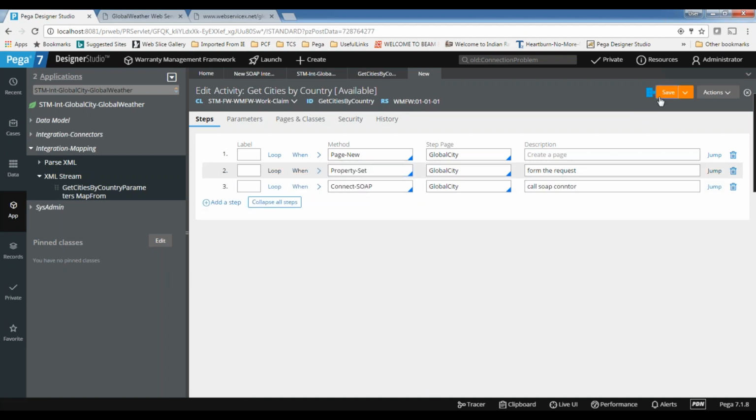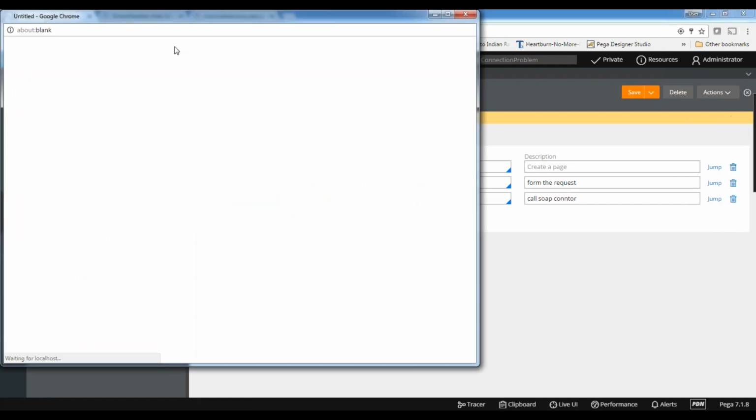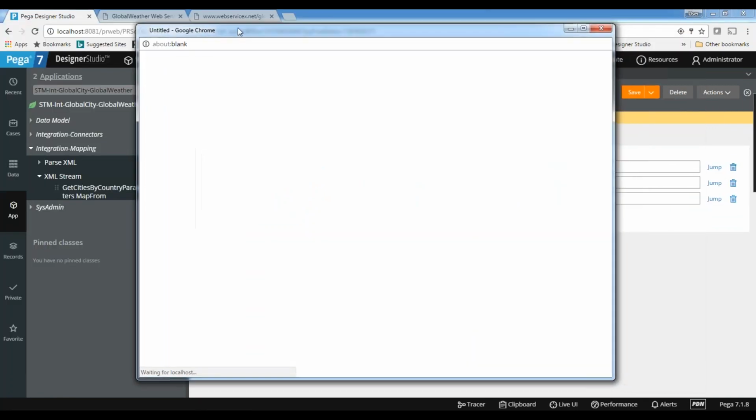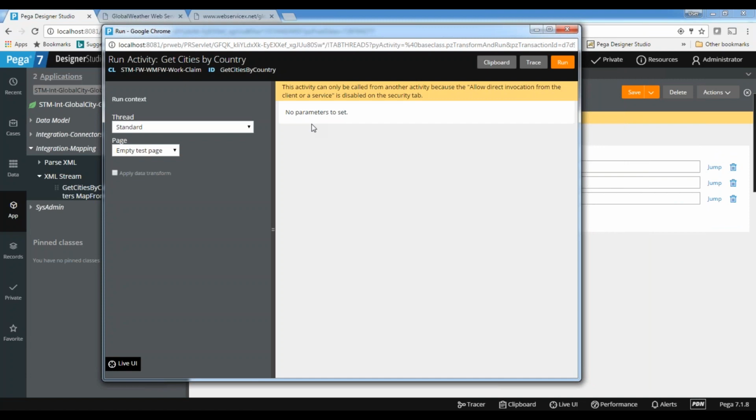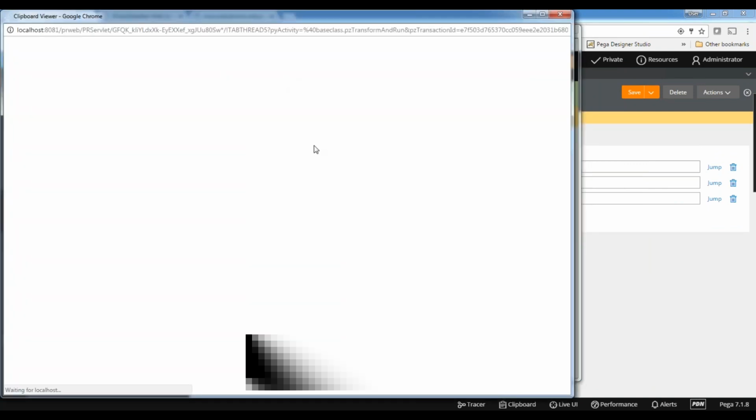Now let's try it, to see whether the response is coming or not. Do unit testing from here, run it. Success, go to the clipboard.